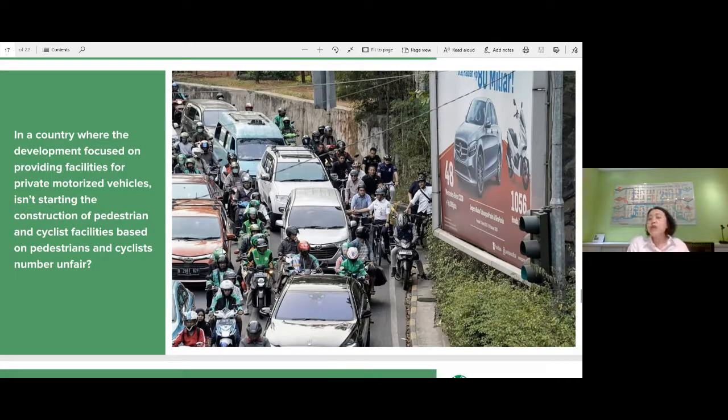Why don't we use the same logic for bicycle and pedestrian facilities? Why don't we develop the infrastructure to invite more cyclists, to invite more pedestrians to use it? Actually, this is a picture of the governor of DKI Jakarta who is trying cycling in Jakarta.